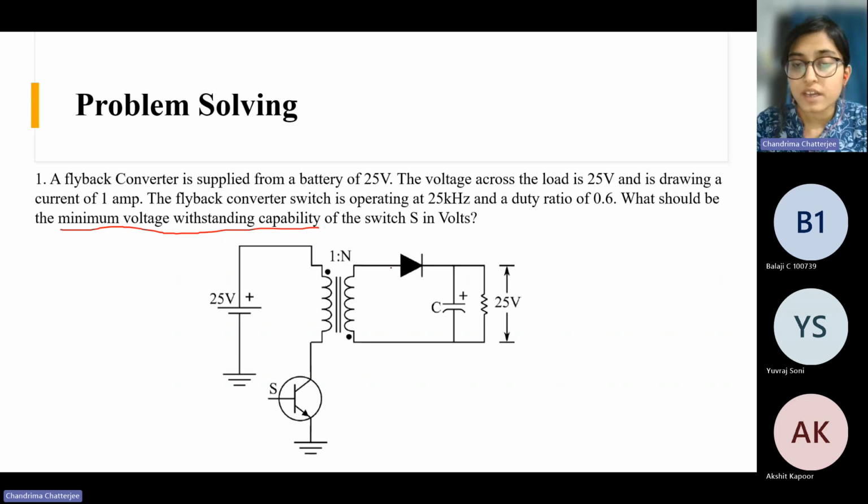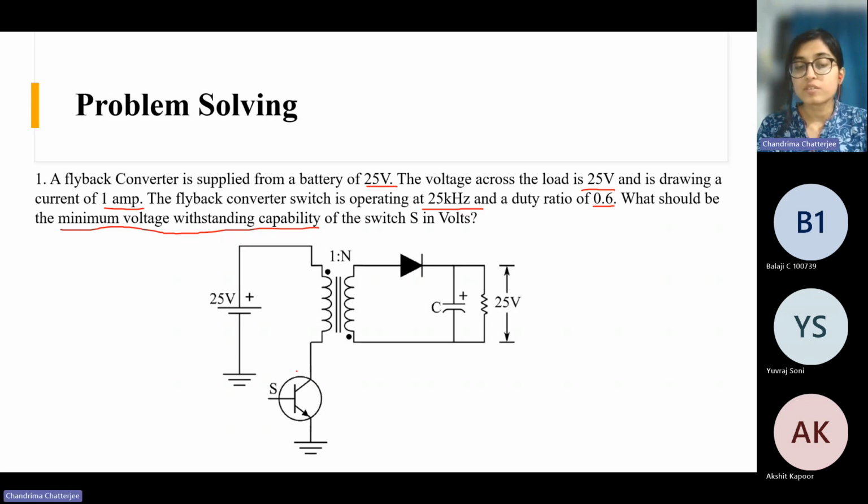So this is a flyback converter. Here the input voltage is given, the output voltage is given, the output current is given, the switching frequency is given, the duty ratio is given. So much data is already given. So first, what we need to find out is the simplest thing,